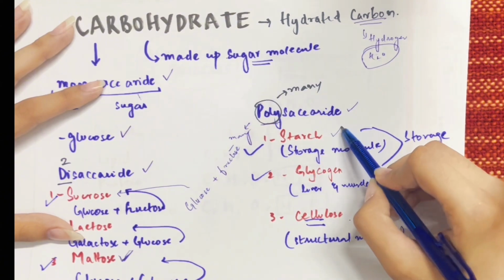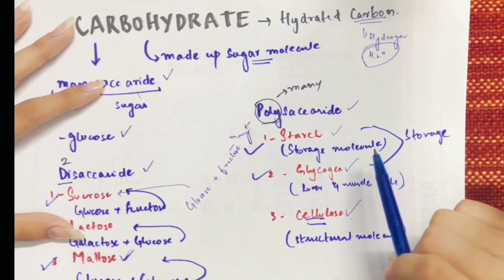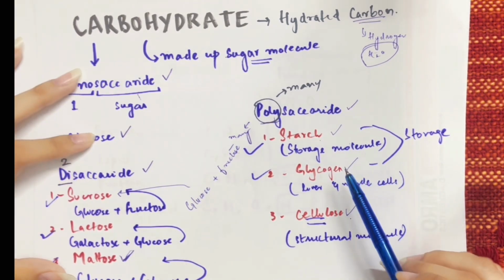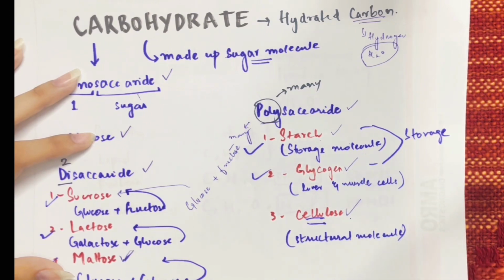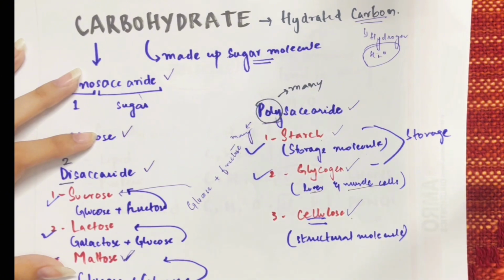That is the starch, that is the glycogen, and that is the cellulose. So the starch is basically a storage molecule that is very commonly found in the plant. Glycogen is found abundantly in the liver and the muscle cells of human beings or any